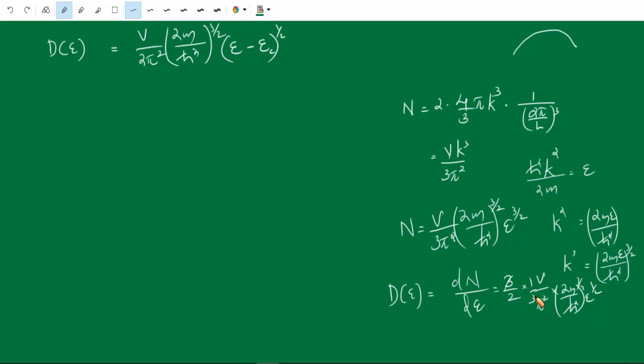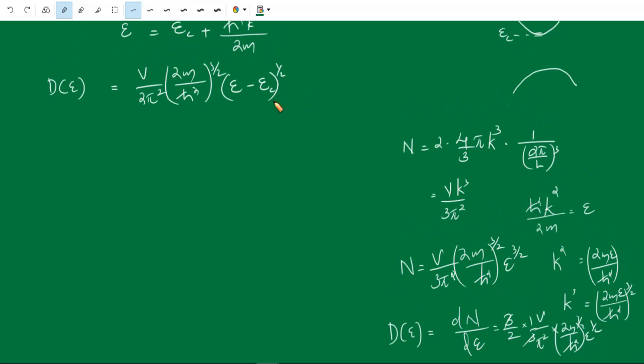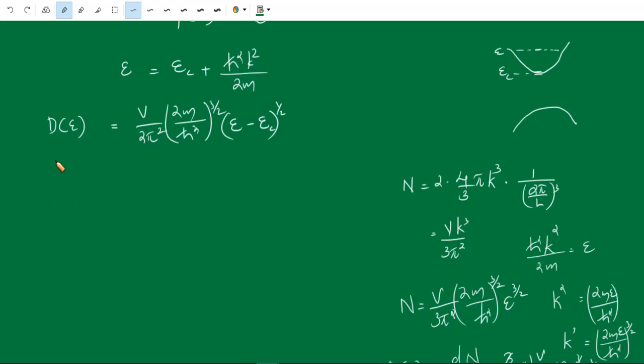Okay, this 3 gets cancelled. We get V by 2 pi square, 2m by h cross square whole raised to 3 by 2. Here instead of this e raised to half, this is the kinetic energy here, (E minus EC) whole raised to half it will be. Okay, so this is the density of states at a given energy E in the conduction band. Therefore the number density of electrons in the conduction band is given by,